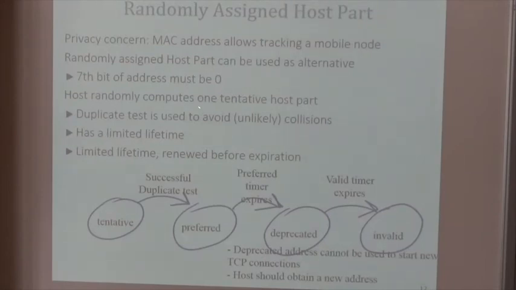Instead of deriving it from the MAC address, you randomly pick one string of 64 bits. Now, this string is so long that the probability of a collision is minuscule. You still do a duplicate test, and if the duplicate test succeeds, then you get this address. Of course, if you keep the same address as long as your smartphone lives, so for 3 to 5 years, that doesn't help. You're tracked with this address. So what you need to do is to regularly change it. So every few hours, you change your IP address,